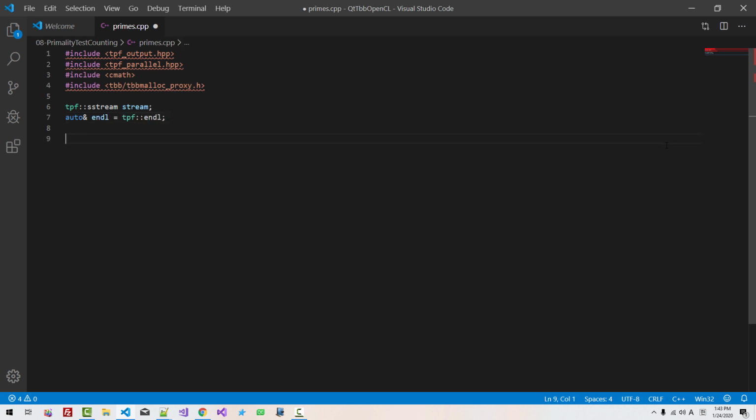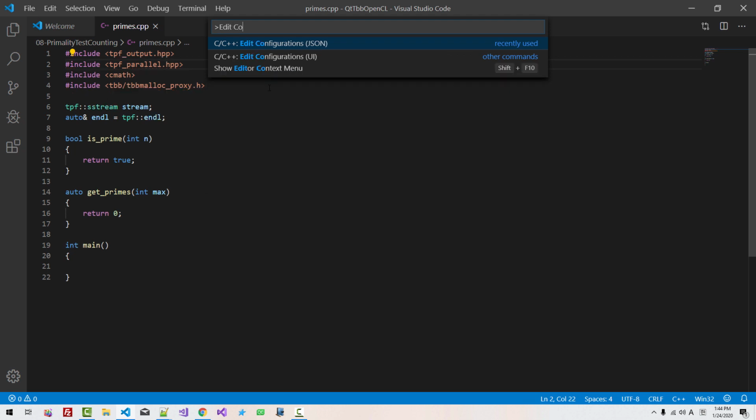We will create a function, bool is_prime, int n, return true. Auto get_primes, int max, return 0, int main. If you see these squiggles, Ctrl Shift P,